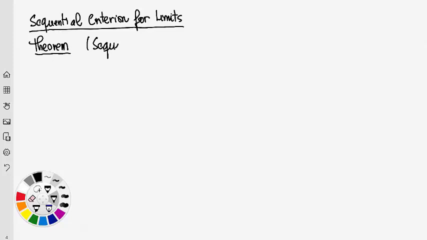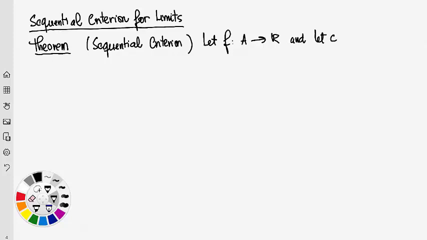The sequential criterion for limits says the following. If you let f be a function from A to R, where A is a subset of the real numbers, and let C be a cluster point of A,